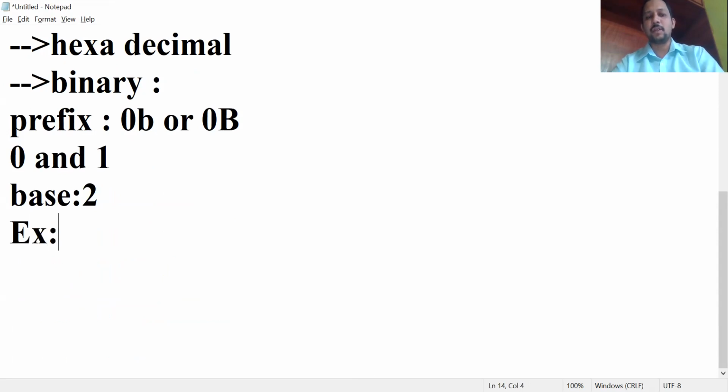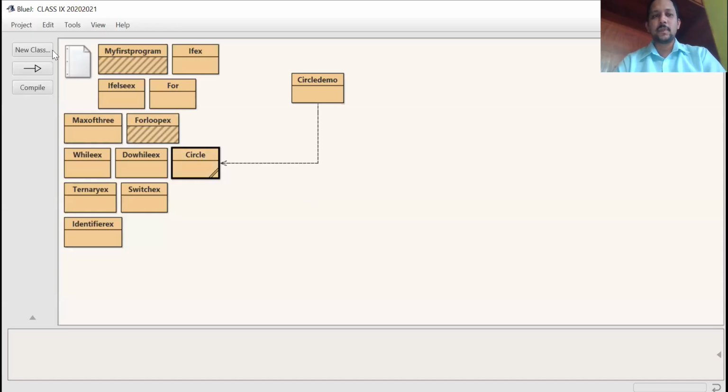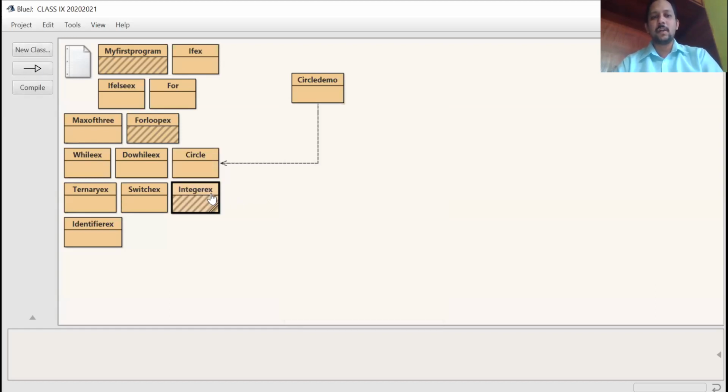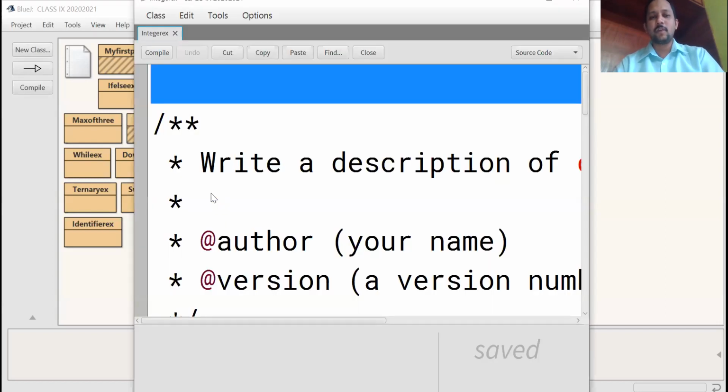Now, example. I will execute it in the BlueJ system. Take a new class as integer literal. All four forms I will execute here.